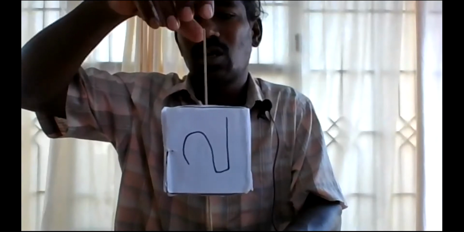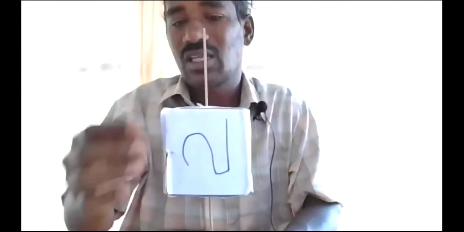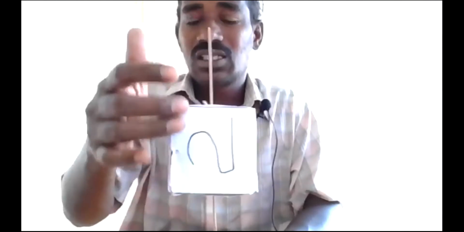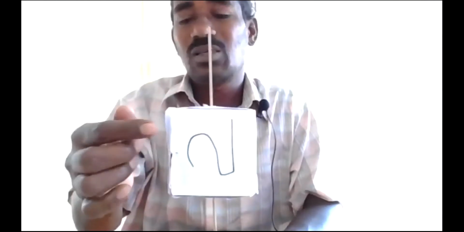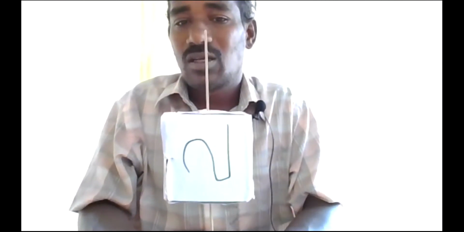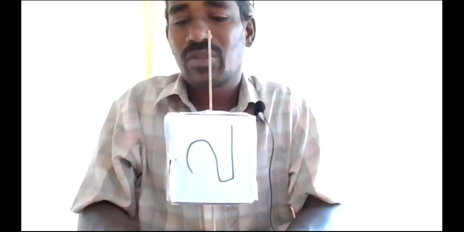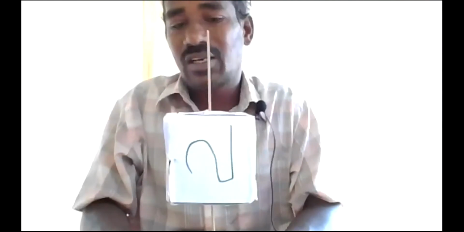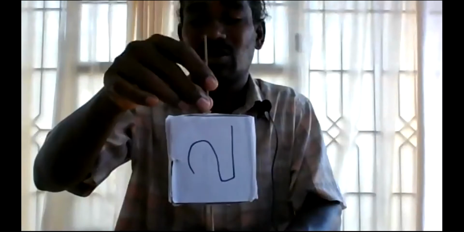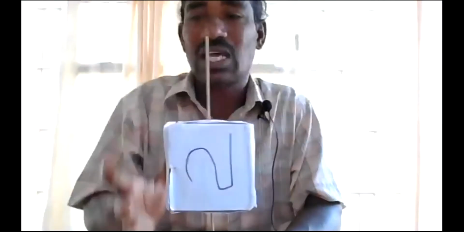How many times did you get similar images? Similar images means not number 2, not number 3. That means a face of a cube. Now you say that 4 times you got. That means symmetry is there. This symmetry we will call an axis of symmetry.